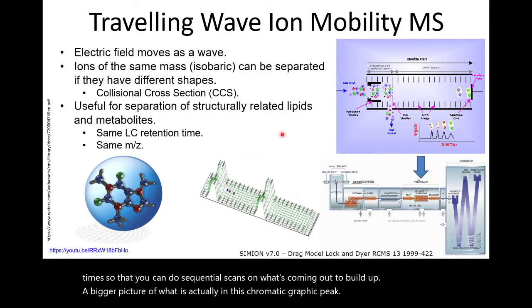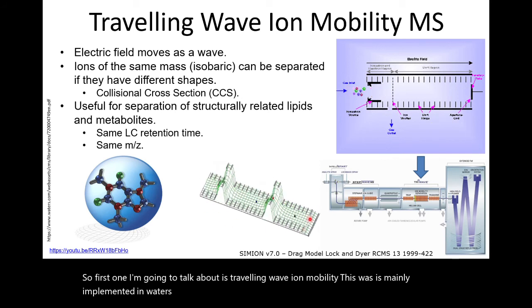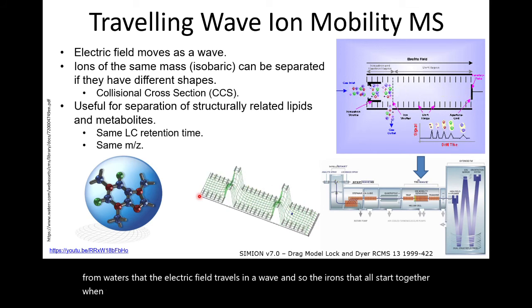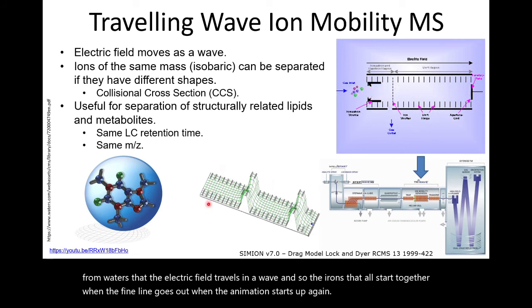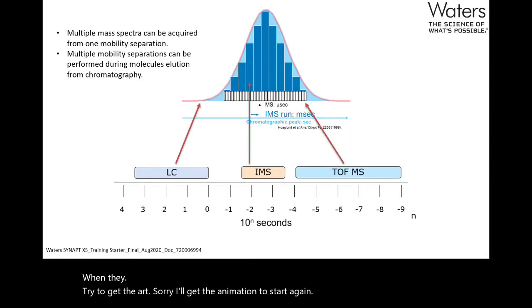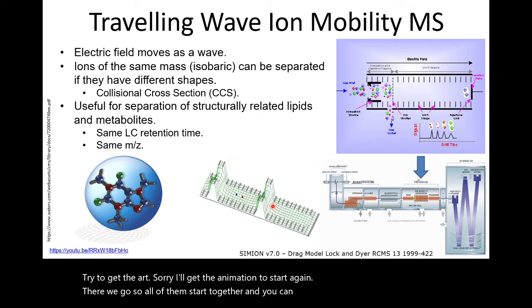So the first one I'm going to talk about is travelling wave ion mobility. This is mainly implemented in Waters instruments, and you can see from this diagram that I've borrowed from Waters that the electric field travels in a wave. And the ions all start together. I'll get the animation to start again. There we go. So all of them start together,